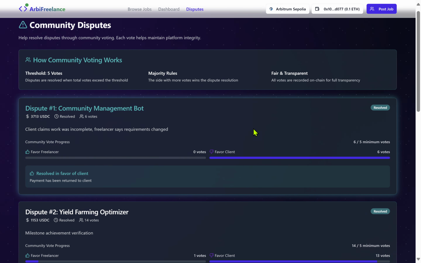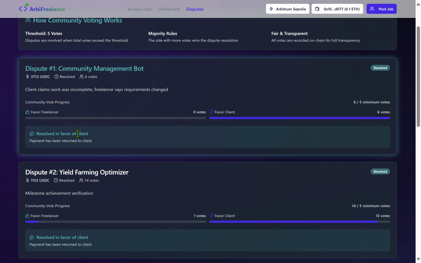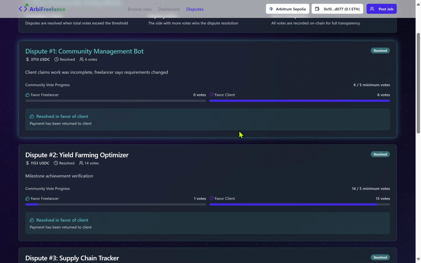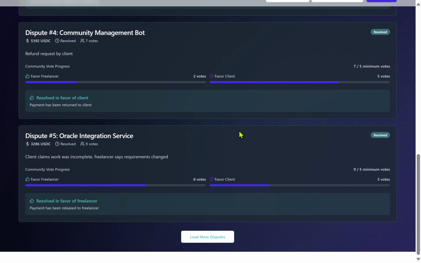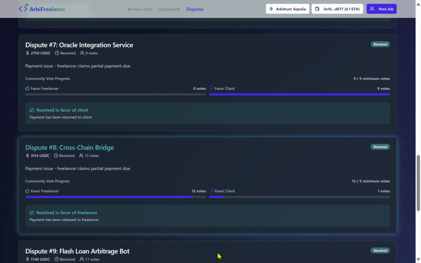It's up to them. Here you can see a dispute which says community management bot, and this has been resolved in favor of the client because it's obvious that the freelancer didn't do his job well. Also, we have many other disputes here.